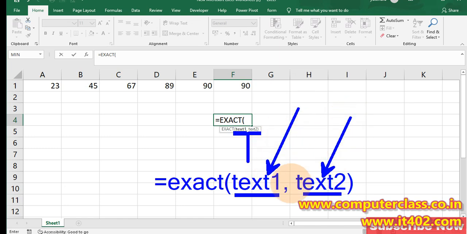I cannot try with numbers like exact 25 comma 35. Yes, I can write equal to exact, "Sunday", then "Sunday", and it will tell. Basically this formula differentiates two texts, whether these two texts are the same or not.